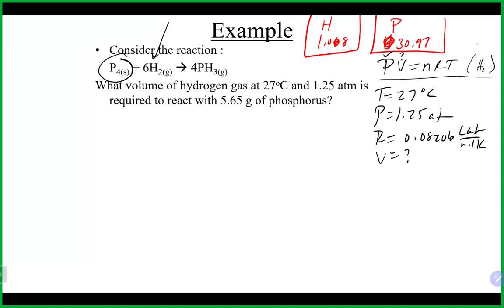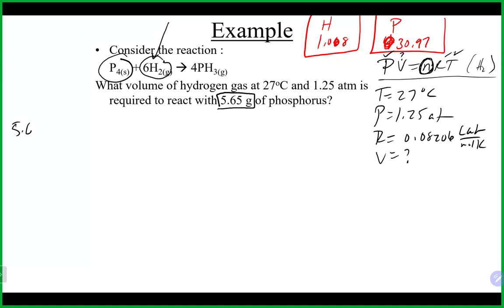We have our pressure, we have our temperature, we have R. Once again, we are going to need to use stoichiometry here to get to the moles so that we can solve for what we're looking for. At this point, we will balance the equation, which it is balanced. We will then need to convert our grams into moles. By the way, obviously, we're looking for a reactant here, so it's not a limiting reagent problem or anything like that. We only have grams of phosphorus.